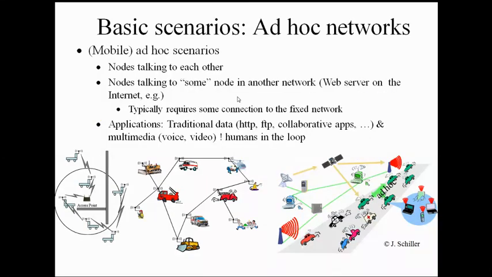Okay, so now we want to discuss what scenarios we need to know. We need to be aware of the scenarios which will occur in a wireless sensor network when we form a network. Here three possibilities are there. A node can talk with other nodes. A node can talk with some other node which is in a different network. Then a node can talk with some fixed network. These are the three scenarios. Your node must support these three scenarios, then only can we successfully implement our wireless sensor network.